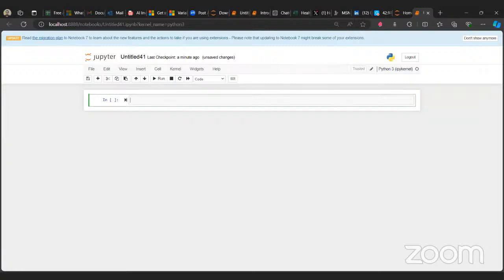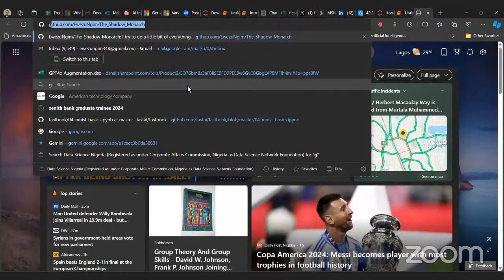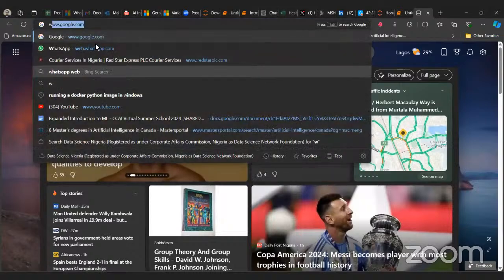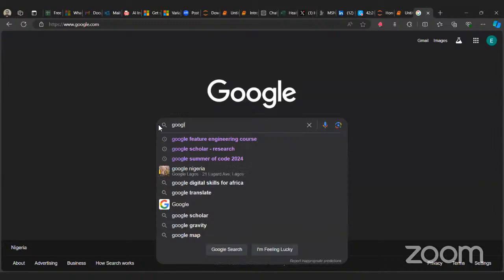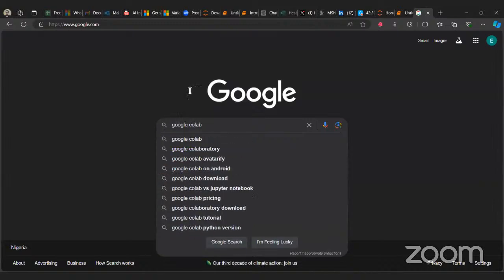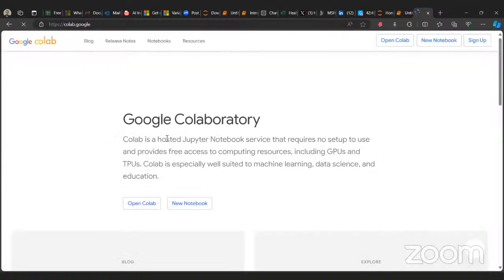As for Uchechukwu, to use Google Colab, all you simply do is go to your web browser, search Google Colab, and click on the first thing that comes up.